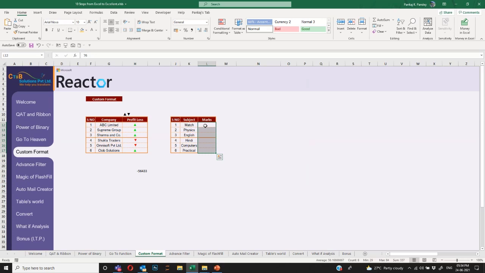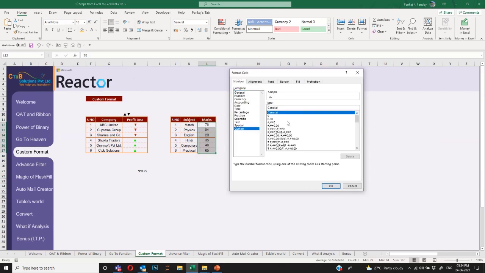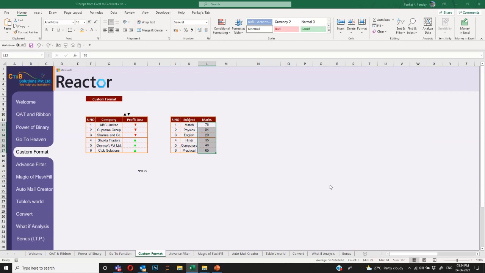So what happened in that is on each cell now you have applied some formatting, which will increase your file size. So rather than that, I will recommend you simply go to format cell, go to custom and just type one semicolon. That's it. Which means we are not giving any indication of what to do with positive and negative numbers. So Excel will get confused and it will not show anything. Numbers are there. If you click the cell, you can see it in the formula bar. If you apply any formula on this, you still can see the total, but the numbers will not be visible to the naked eye. So that's how you can smartly hide the numbers.